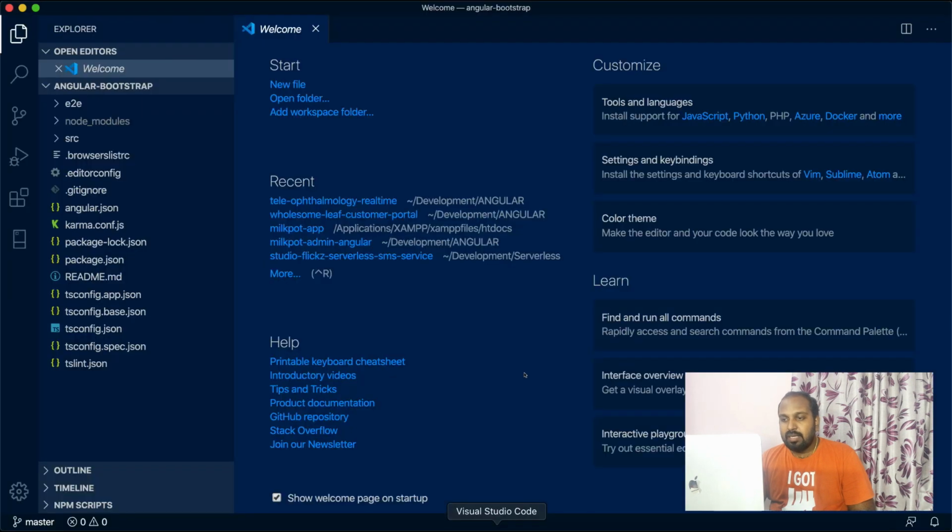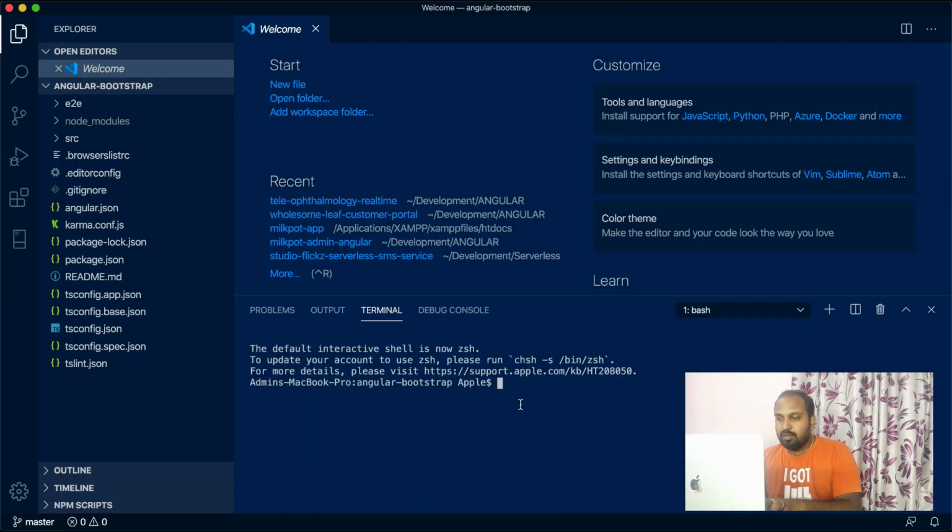We can run it from here. To run an Angular project, we use the command ng serve --o to open the browser page by default. Let's wait for it to start.